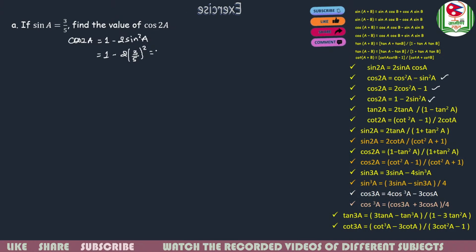So it is going to be 1 minus 2 into 9/25. So the answer is (25 minus 18) upon 25, and the result will be how much? 25 minus 18 is